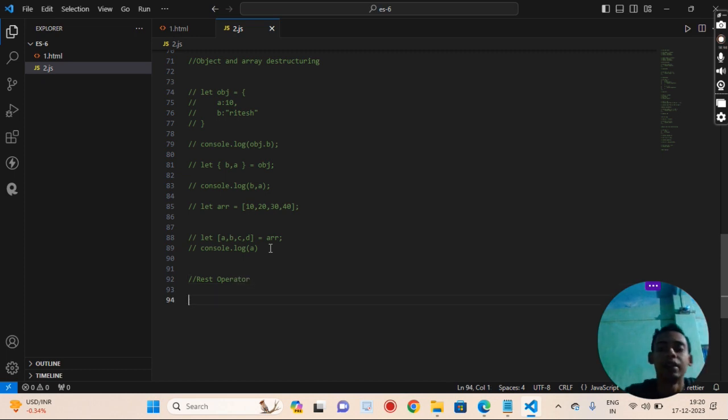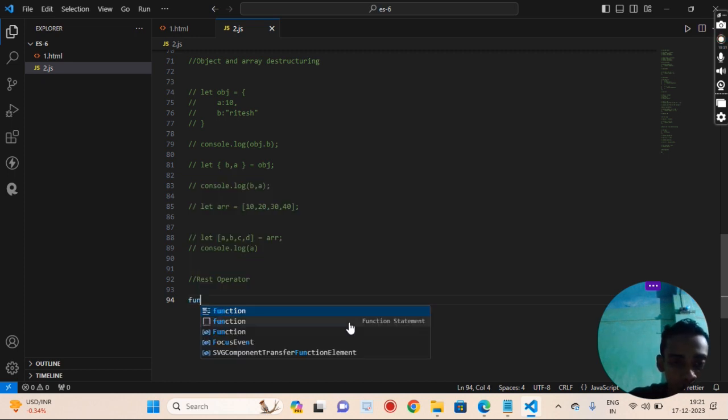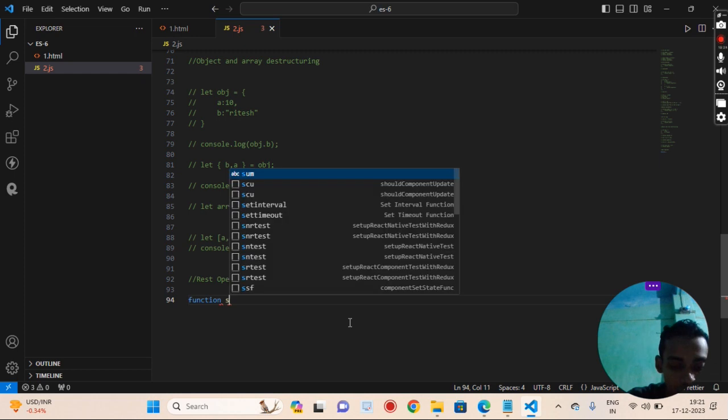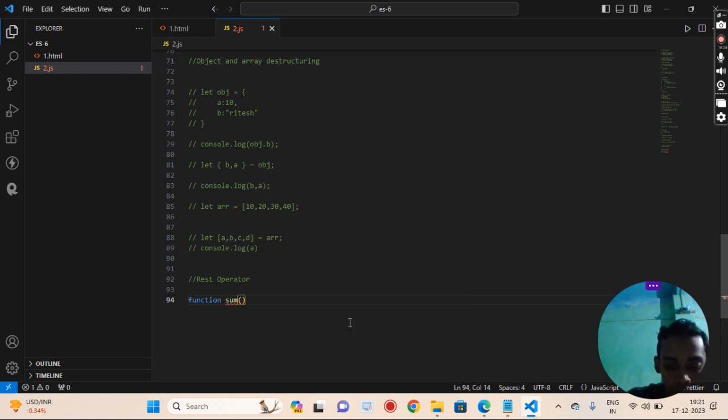So what is the rest operator? The rest operator is used when you pass values to a function and the number of values is not properly defined, and at runtime the user can give as many values as they want. By using the rest operator, the user can give as many values as they want at runtime to the function. Like if we define a function sum, and we give a rest operator